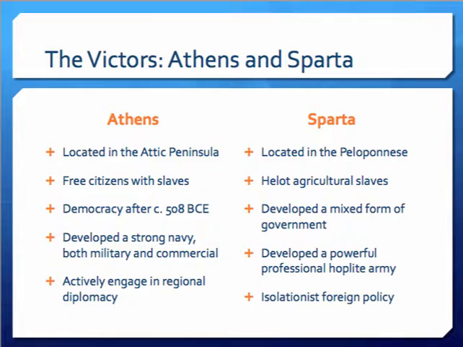The victors in this were Athens and Sparta. Athens, the great naval power; Sparta, the great land military power. Look at a little bit of a comparison here. Athens controls the relatively small Attic Peninsula. Its citizens were largely free. However,